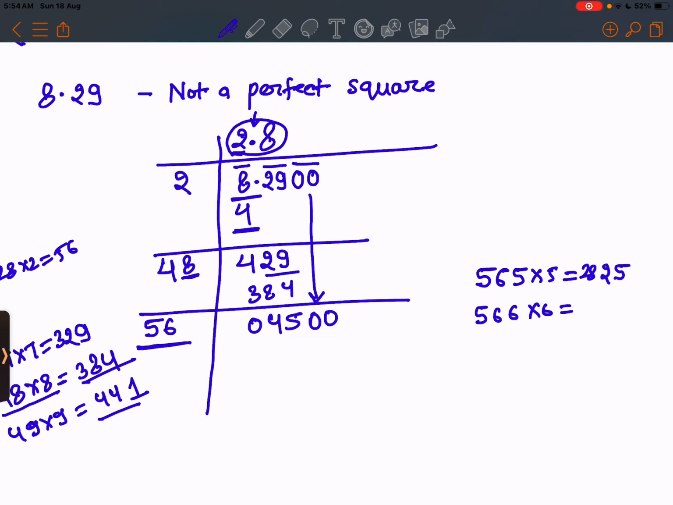566 into 6, 6 6 is 36, 6 6 is 36 plus 3 is 39, 6 5 is 30, 33, 3396. 567 into 7, 7 7 ja 49, 9 is there and carry 4. 7 6 ja 42 plus 4 is 46, 4 carry. 7 5 ja 35, 39, 3969 is there. Okay,